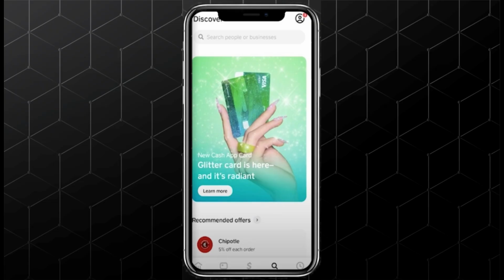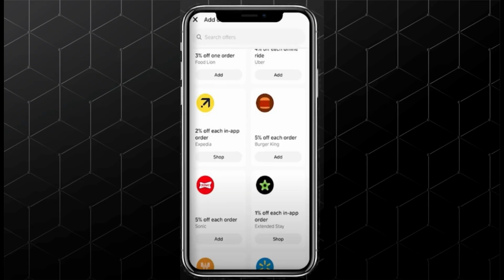If Afterpay appears in the search results or under Recommended Offers, tap on it. Then, simply follow the on-screen instructions to connect your Afterpay account to your Cash App. If you don't see Afterpay in the Discover section, don't worry, you can still use it directly through the Afterpay